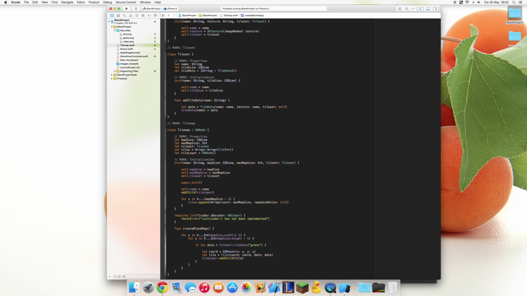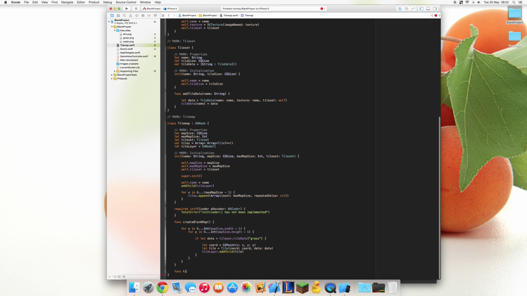It's going to be the tile size times our coordinate. Now, we could put that in here, but we might as well just create another function. And I'm going to call it the function tile position for coord. We're going to pass in the coordinate, and it's going to give us a position